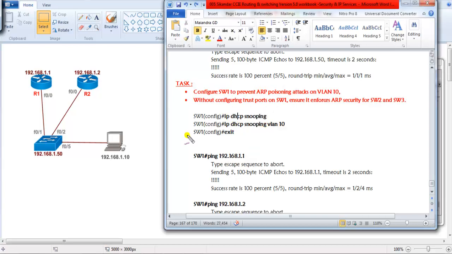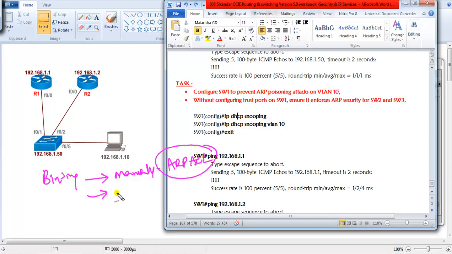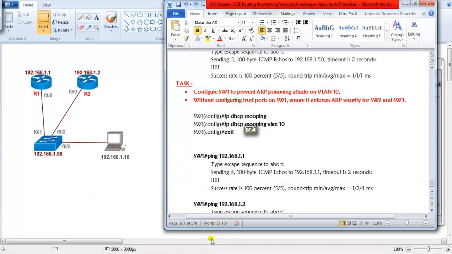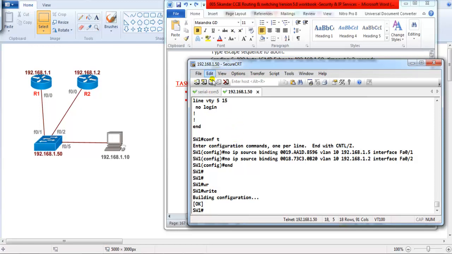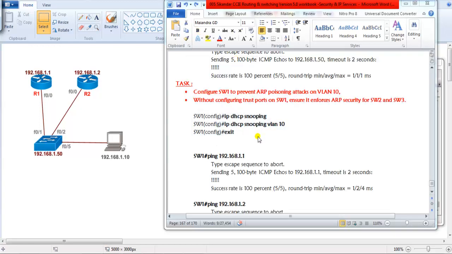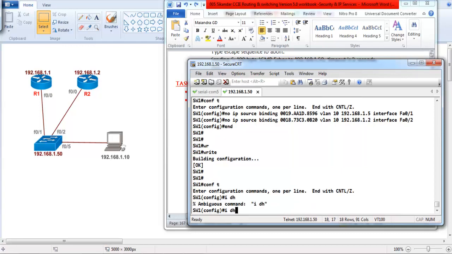Now if you remember, we discussed in dynamic ARP inspection that the binding of the information can be done manually by using an ARP access list, or it can also use the dynamic DHCP configurations where it is going to verify the source IP and the MAC address. In this scenario, we are going to use ARP ACLs. Even though we are enabling DHCP snooping, for future configurations it may verify the DHCP. So the first thing, we are going to enable DHCP snooping here.